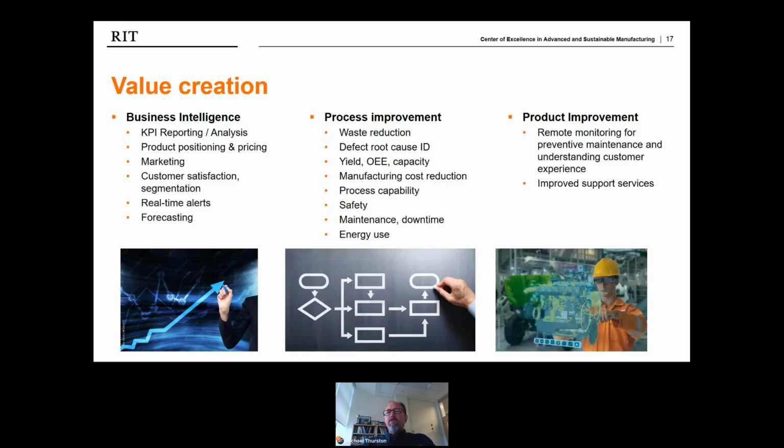I don't focus a lot on product applications in the presentation, but connected products with the ability to collect data from the field allow for data analytics that can improve your customer experience and also often drive new revenue streams. So if you produce a product that can be connected, accessing and collecting the data and applying data analytics tools can add additional value. And some of the techniques we'll apply would be similar to the process level, but applied on data from your product in the field.